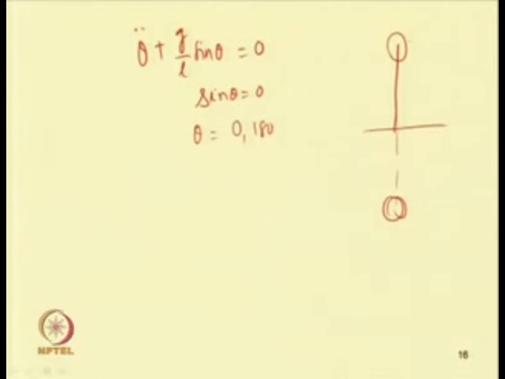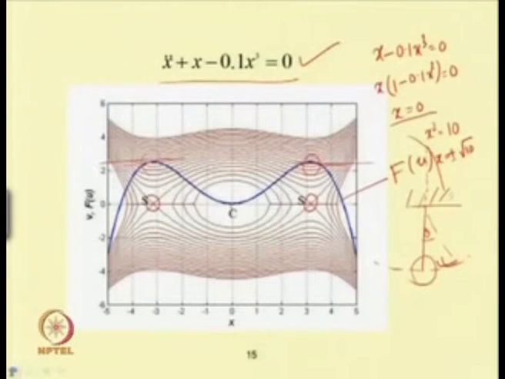In this position we have already seen, or one can show, that this position will be an unstable position, and this position is a stable position. So, theta equal to 0 is a stable position. This will give the minimum potential energy, and in the other case the potential energy will be maximum. Similarly, in this case we have 3 equilibrium positions, one x equal to 0. So, x equal to 0 is the minima. Corresponding to minima we have a center, so we have periodic response near that point.